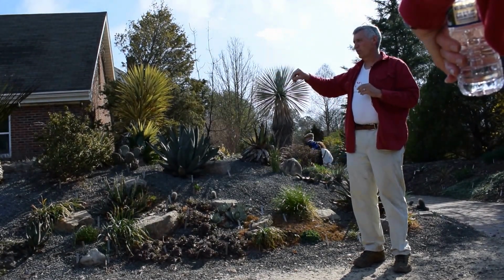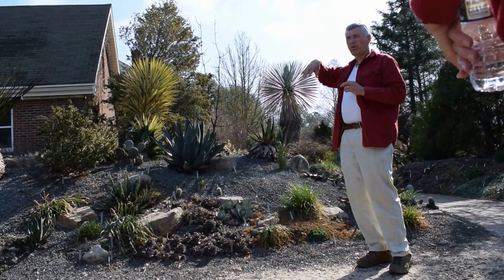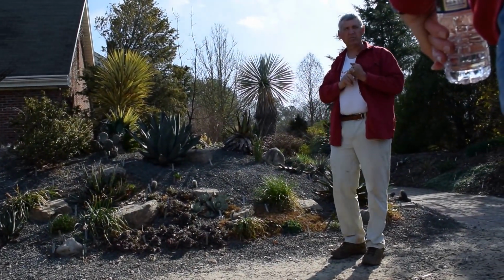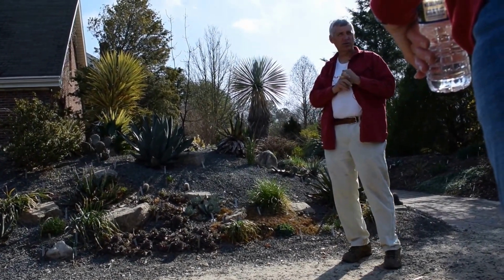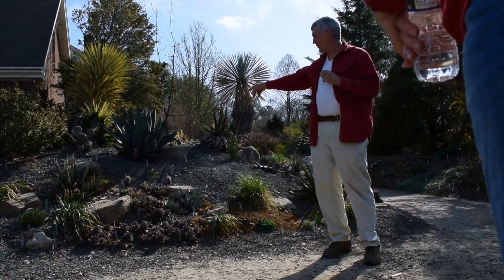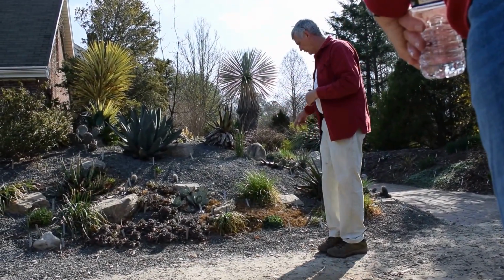So let's talk about soil preparation. Every soil that we have on the property is composed almost identically. It's 50% compost, 50% native soil. Now, when we have things that are succulent, we will also mix in some of this